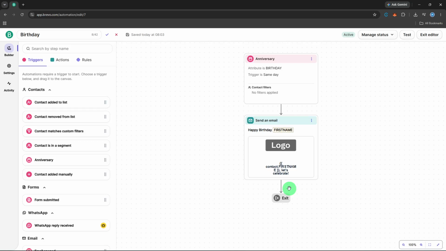Also, periodically audit your contacts to see how many have missing or malformed birthday data. Brevo lets you filter contacts by attribute, so you can hunt down those without a birthday and fill them in if you have the info. That's your birthday email automation fully up and running. You've taken what used to be a manual, forgettable task and turned it into a scalable system that actually strengthens relationships. Tweak the email whenever your branding changes, and if you ever run into